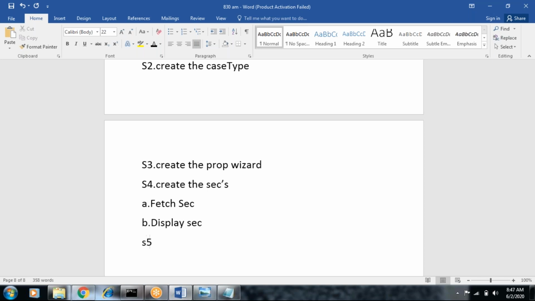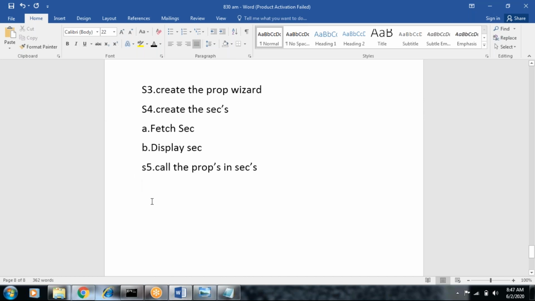So in step 5, in the sections we need to call the properties. Call the properties in sections. In the next step, here you can call the sections, employee sections, employee actions. Then step 6 is create the play actions.